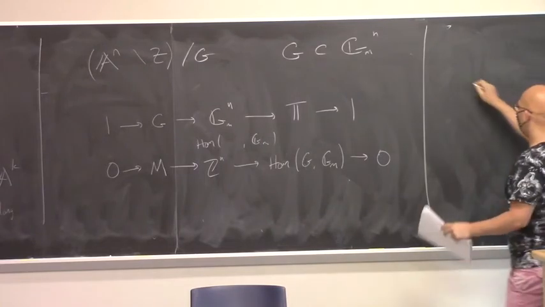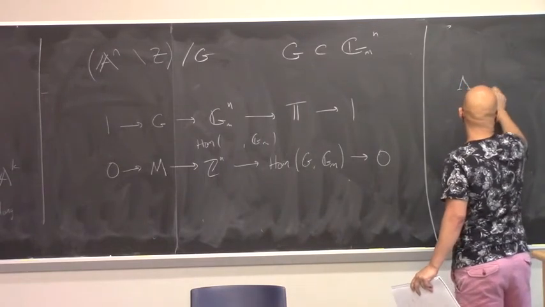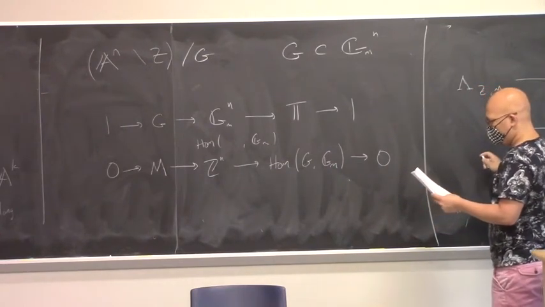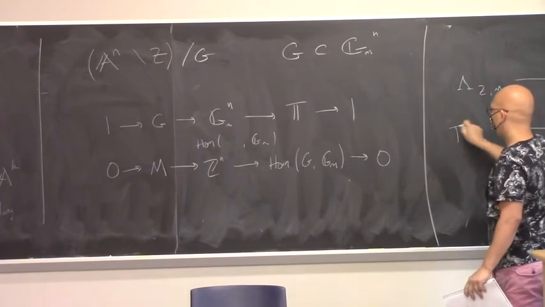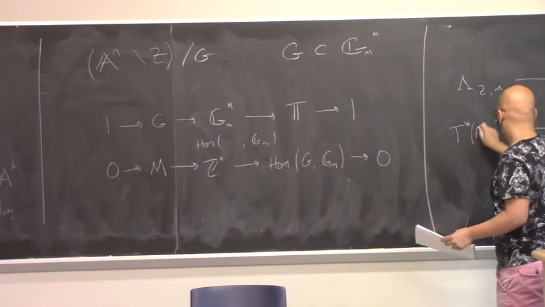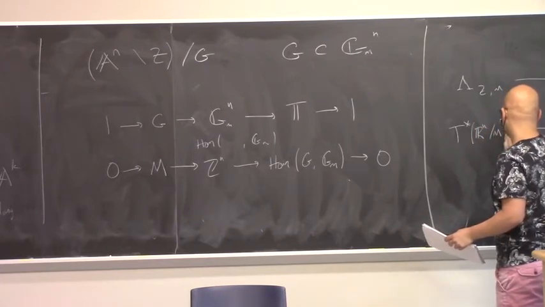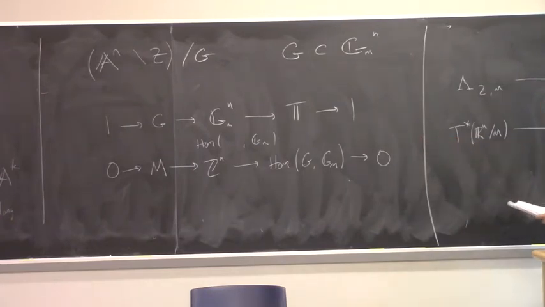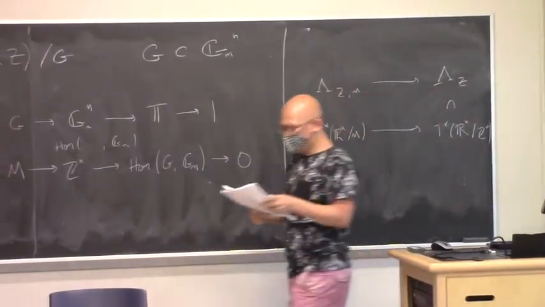And I want to go up to something I'm going to call lambda Zn, which is just the cover of this one that I get from pulling back along the natural map to Rm. So I'm going to go up to this cover. And I'm going to go back there and do an example in a second, but let me just say this kind of thing. And now the point is that by the same kind of yoga of invariance, covariance that I said before,